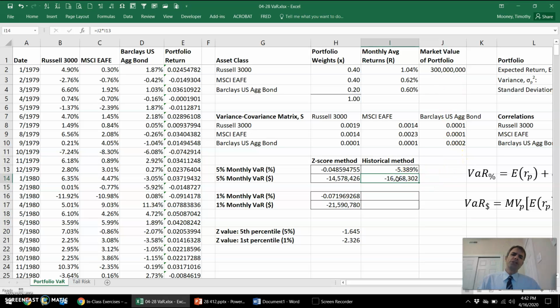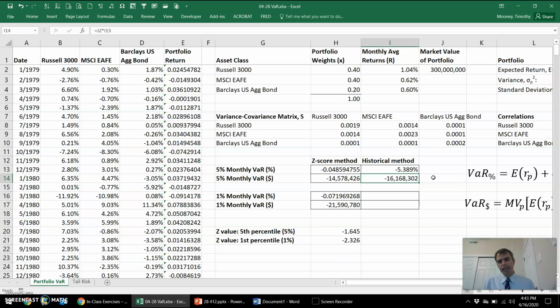So based on historical data, the value at risk is more extreme, right? More negative, without the normality assumption. An irrelevant question is, well, which one should I use? Which one's right? If I'm using this as a risk management tool, I'd probably want to be more conservative and say, well, let's use whichever one is more extreme, because if we want to know what's the minimum loss